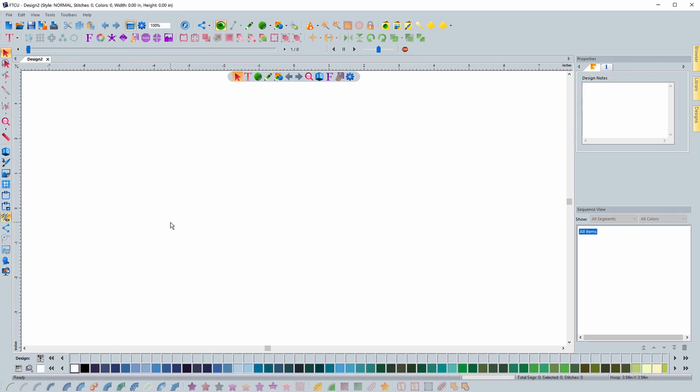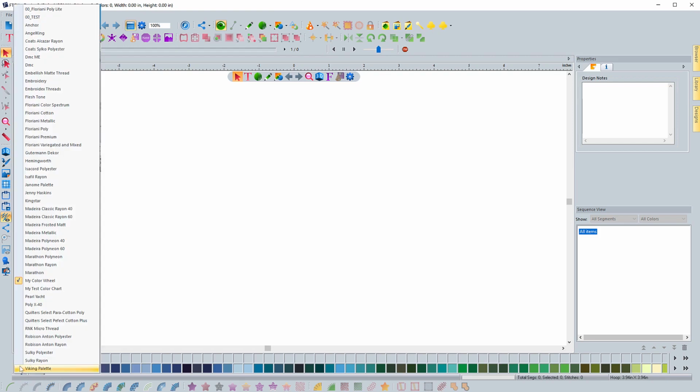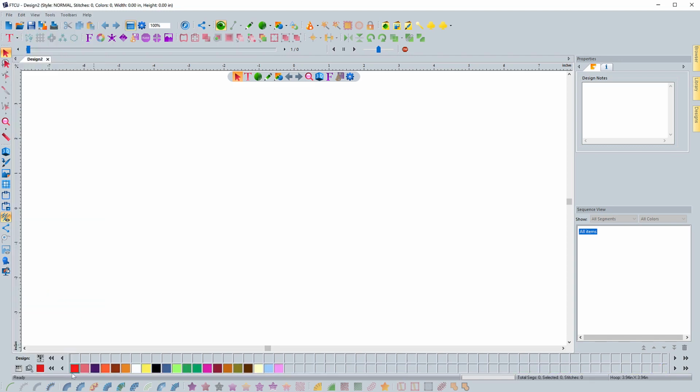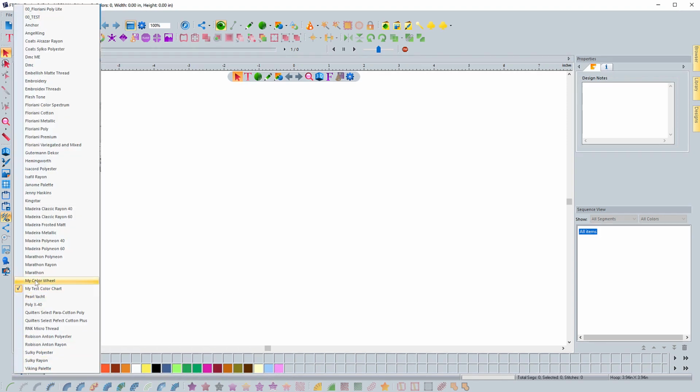So the next thing we need to do is actually view this thread chart. So we can come down to the bottom left here and say select thread color chart, and we can choose the My Test color chart that we just created. And you can see that all of those colors are now loaded in for the thread chart. And so it's really easy to create them. I can come back now and change it back to my color wheel